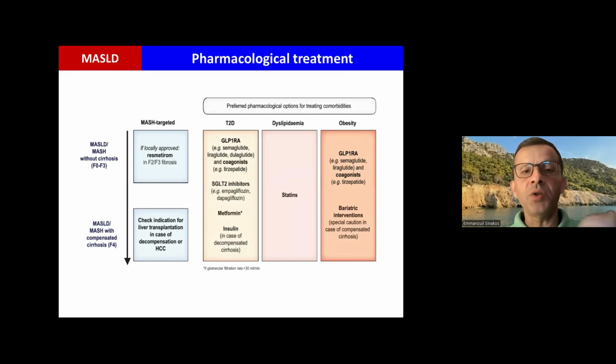I go straight along to the slide with the management of MASLD, the pharmacological options that we can use right now. And you can see that semaglutide is included, not for the liver. It's only resmetirom there in the left part of the slide, but we can use, and actually it's recommended to use semaglutide if the patient has the comorbidity of type 2 diabetes or obesity. So as I already said, my lecture is well placed, and the place of semaglutide is very promising for the future.